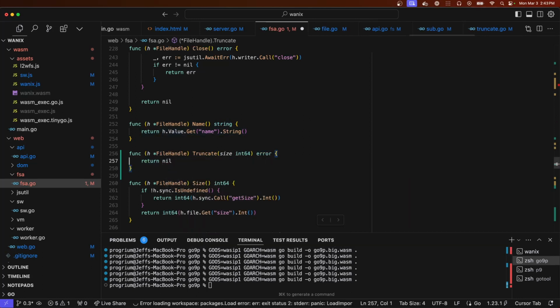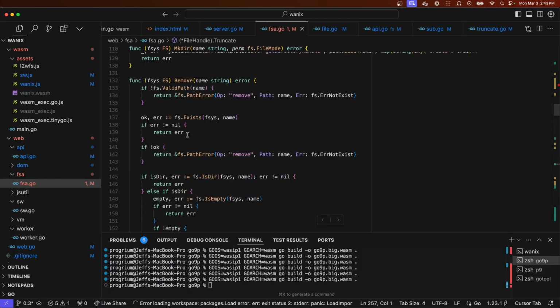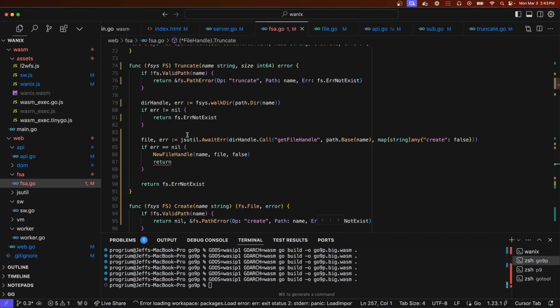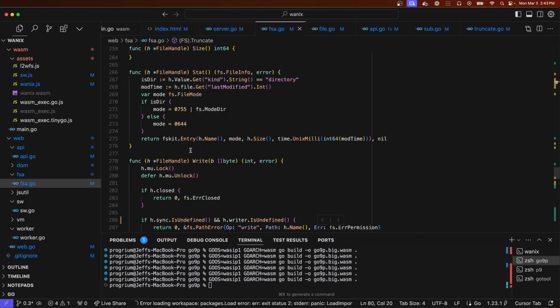All right, we'll implement that in a bit. Get back up here. Okay, so that's truncate on the file system, and then we have to implement it down here using